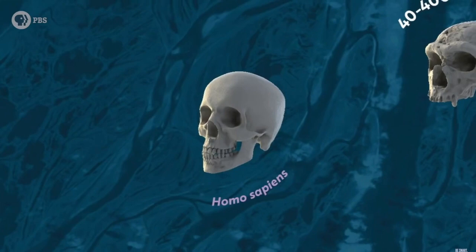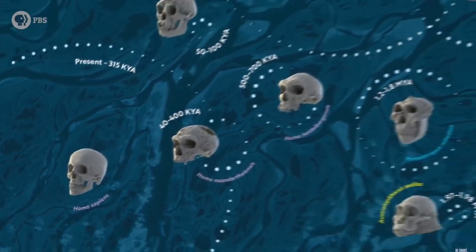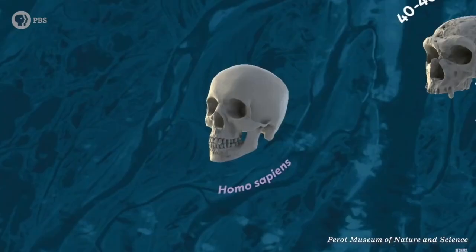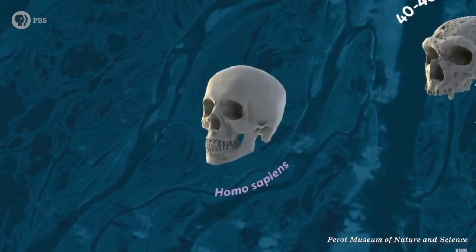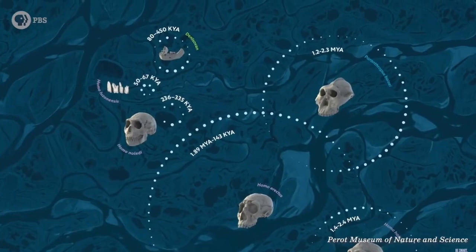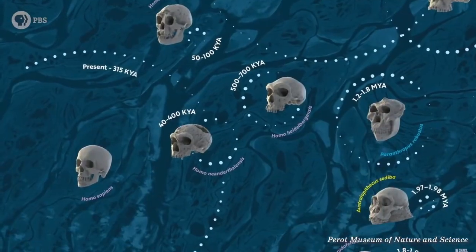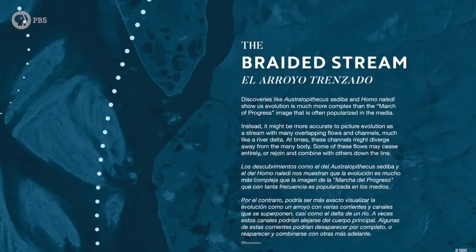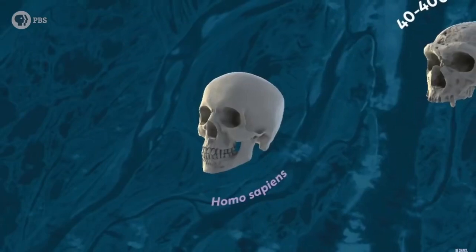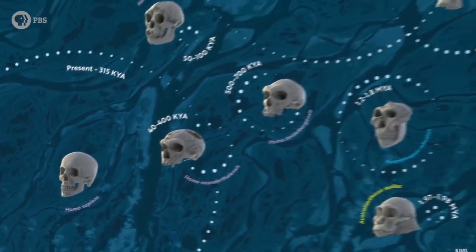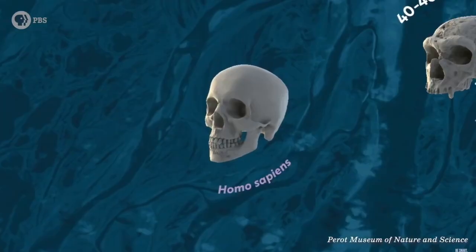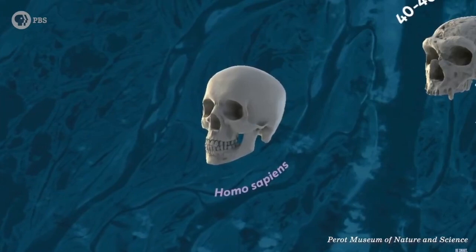It imagines evolution as a braided stream, no? A stream, a delta that flows with many branches and channels. At times, these branches might diverge from each other or from the main body, but sometimes these channels might also get tangled up within each other, may cease to exist entirely, or may join or recombine. So the braided stream model accurately captures the fact that these processes could have happened,